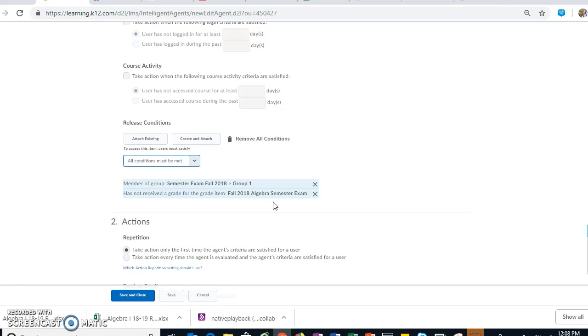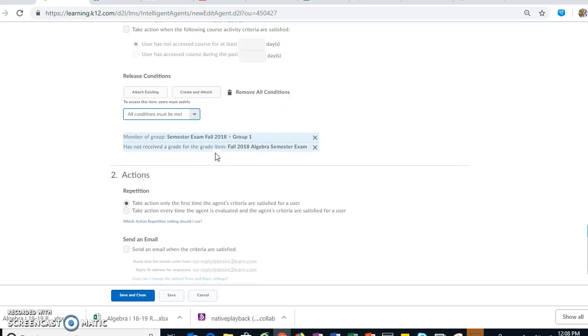Now I will say the release conditions is where I've had my only issues with intelligent agents, because this is supposed to automatically update. As a kid takes their test, it's going to eliminate them from the reminder email, because we're setting up a schedule so that it can email them today and tomorrow and the next day to continually remind them to go take their test. It's supposed to update as they take it and pull a new population of kids to email. I'll show you how I check that later, because I've found that when it isn't updating, I just delete the conditions and add them back in, and then it works again. So it's kind of a pain, but